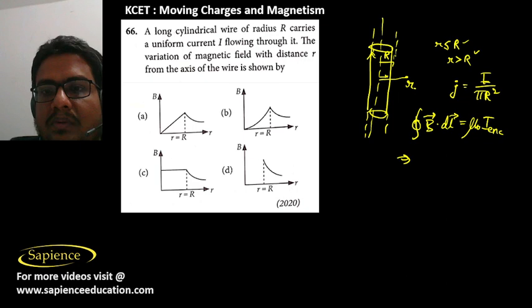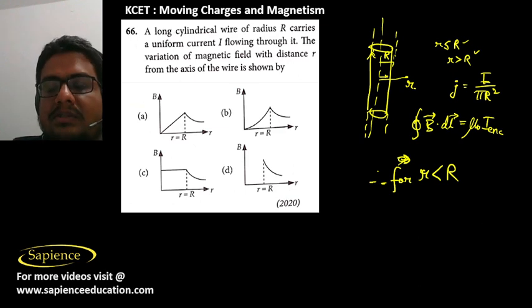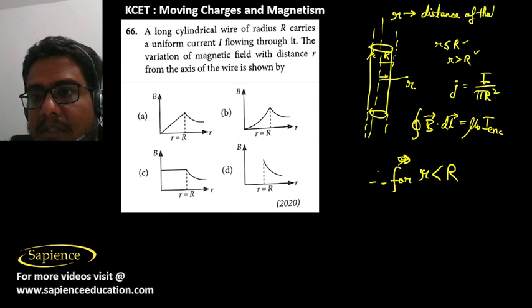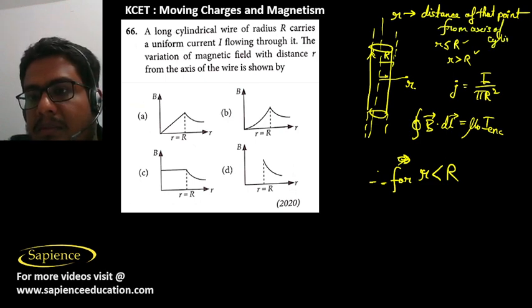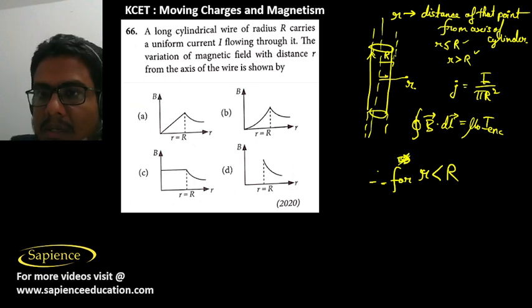So for r less than R, it means at a point where the distance from the axis is less than the radius of the cylinder. Small r is the distance of that point from the axis of the cylinder. And capital R is what? Capital R is the radius of the cylinder itself. So now for r less than R,